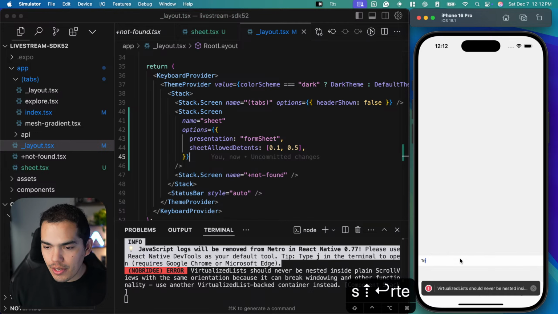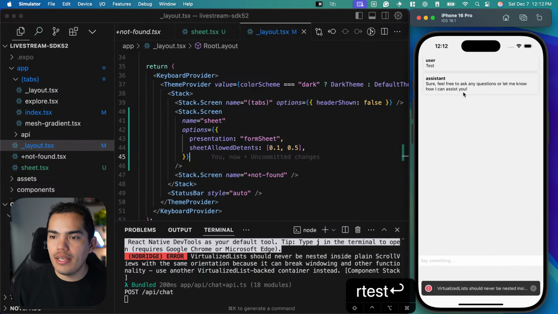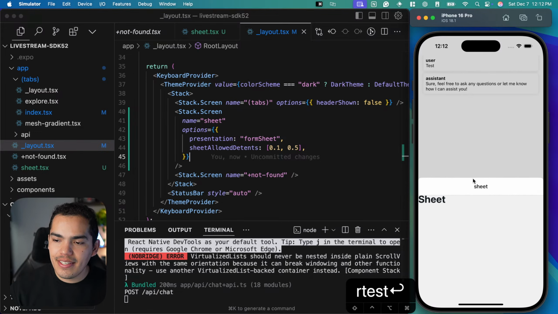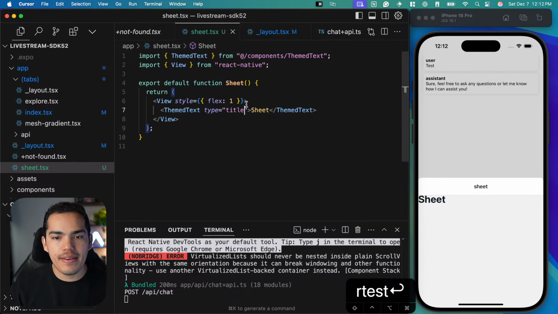Let's add some stuff and long press. And there we have it. That's a sheet. And I can play around with the detents, which is really nice and looks pretty cool. And you can do more complicated things. So if I, we can use like,